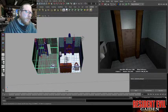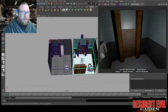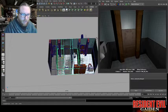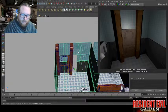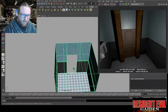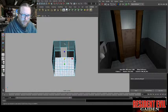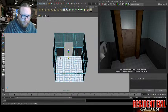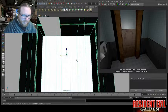Have I moved stuff again? Oh, no. What's going on? Oh, I know why. Because I've just duplicated that one and it's in a different... Right, that's just me being a general buffoon, isn't it? Right. Drag that along. Let's fix this now. Right, so I want to get rid of the old one. But I need to bring... Oh god, how am I going to figure this out? Right, I'm going to need to get rid of that edge. Well, I won't need to get rid of that one, but I will need to grab these vertices. I'm going to have to re-UV map all of this when I'm done. Just drag that along. Oh, the floor! Good god! So move it to there. And then I'm going to have to re-UV map all this again. So...